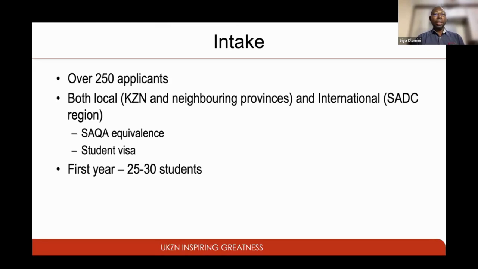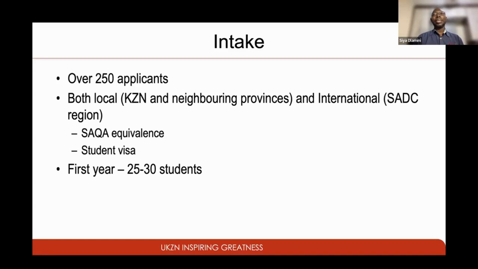Typically in the first year, we would have between 25 and 30 students, so you can imagine the process is highly competitive. From over 200 applications, it boils down to between 25 and 30 students.